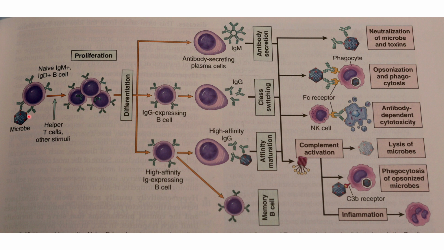So the microbe creates helper cells, which interact with this, and you get proliferation and differentiation into antibody-secreting plasma cells, with an early phase of IgM and a later phase of IgG. There's high-affinity IgG involved in maturation, and also memory B cells, which will retain the means by which to